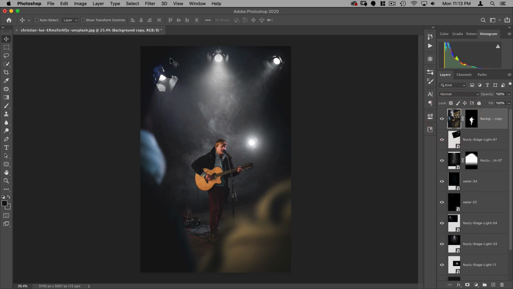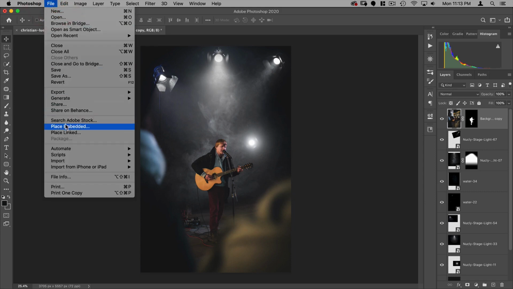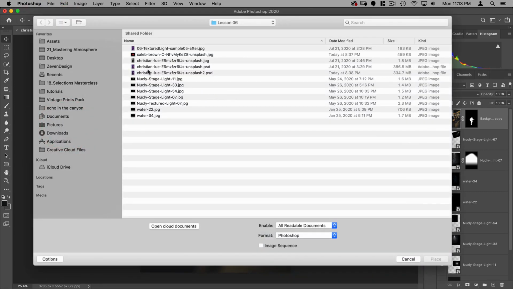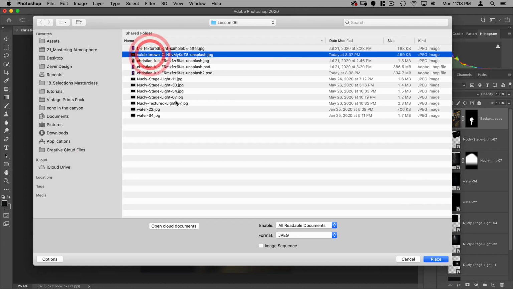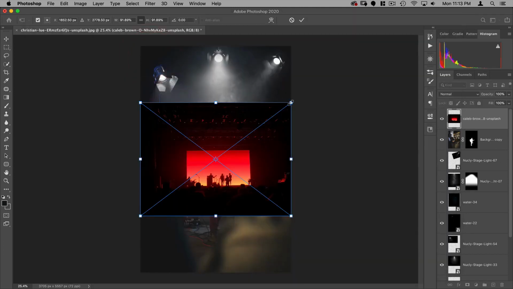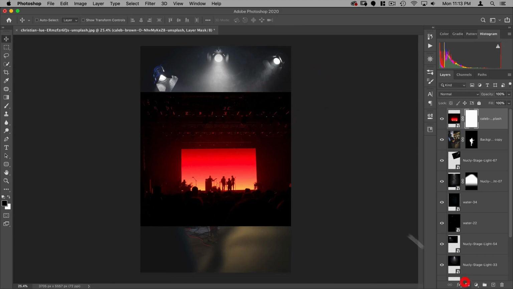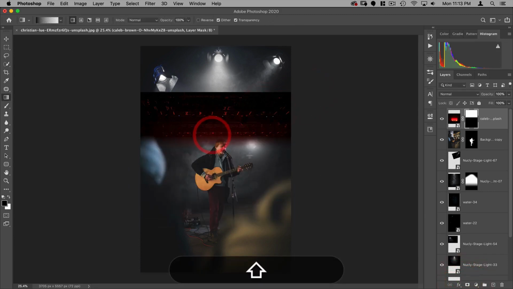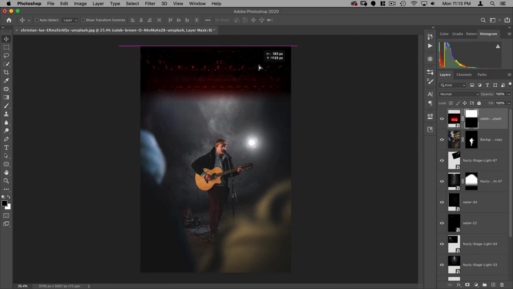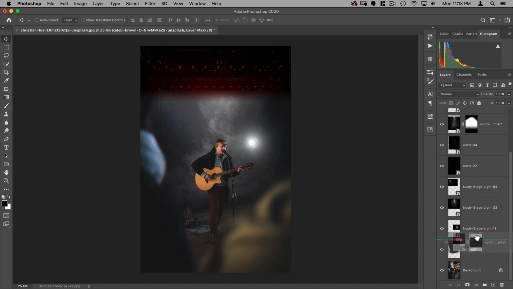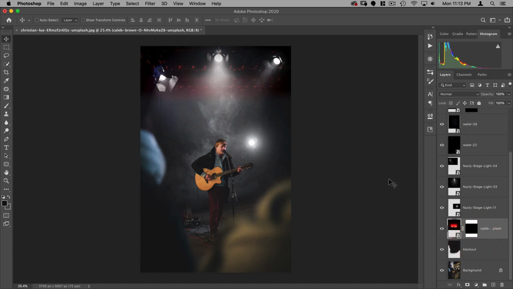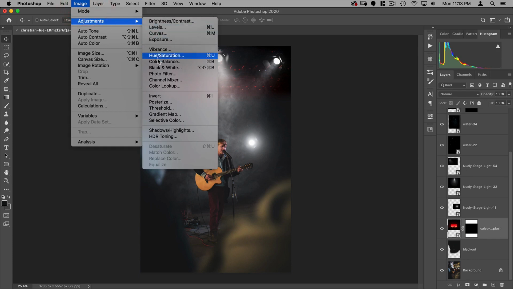Actually, before that, I want to add just a little bit more stage detail in here. So let's go File, Place Embedded, and I'm going to grab this image here. We're just going to use the ceiling part of it. So let's add a mask to it, mask it from there. Put this up here, put it behind all the lights. And let's do a black and white on it.